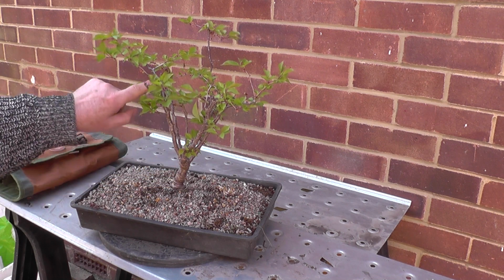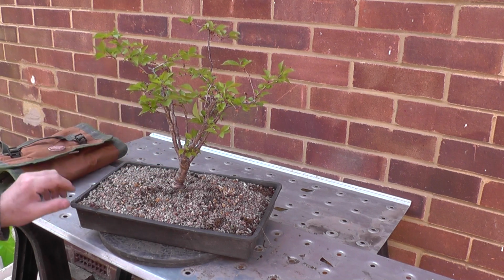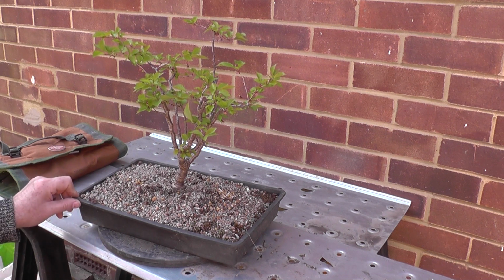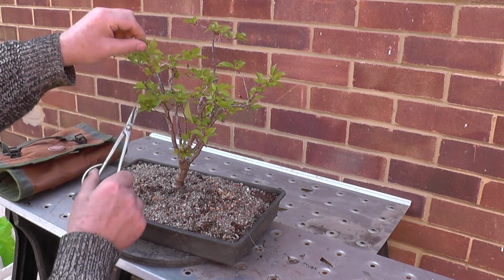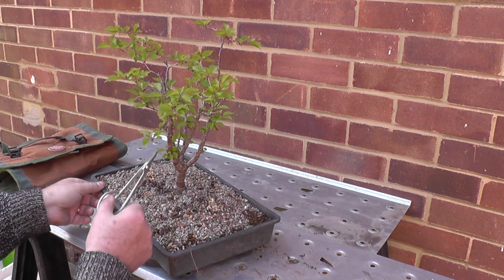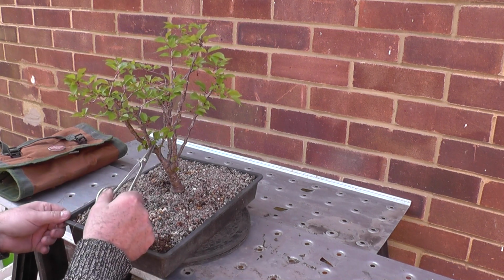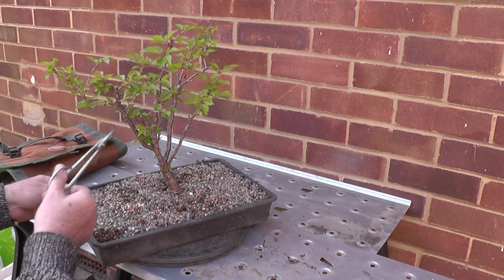The relationship with the branches or the secondary trunks to the main trunk, I think they're a little bit long at the moment. I'm deciding whether to trim them back a bit or not, but what I will do is all of the extension growths that have come on this spring, we'll just trim them back for now. I'll have another look at it and think what I'm going to do. We're getting lots of new shoots sprouting down low this year, which could give me the option of taking some of the branches down,